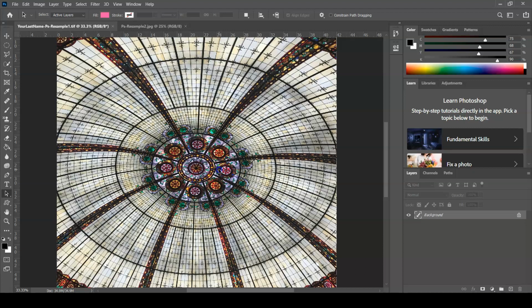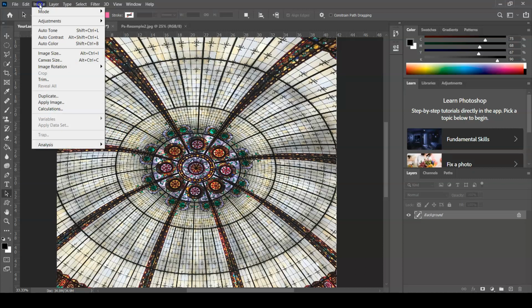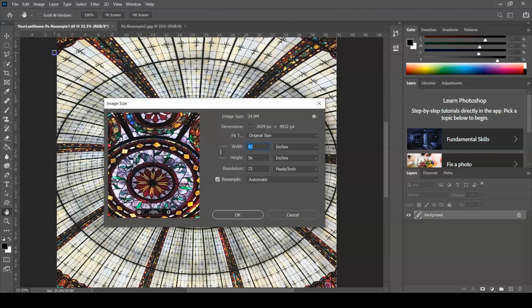If you'd like to change the image size or resolution, you go up to your Image menu, down to Image Size. And this allows us to change the total number of pixels to adjust proportionately to change that image size or resolution. I'll start with making sure that I have the Resample box checked, and then I'll change the resolution to 300